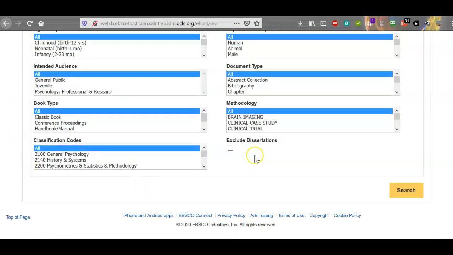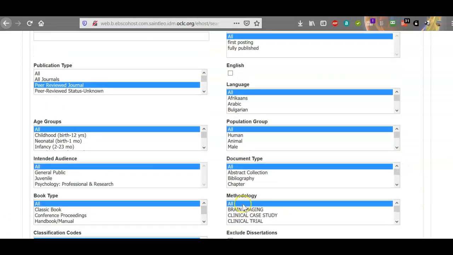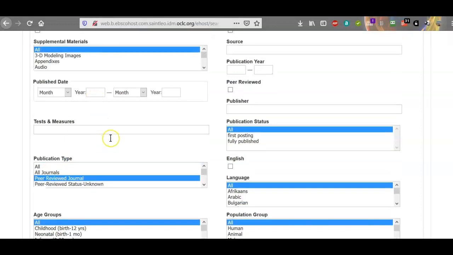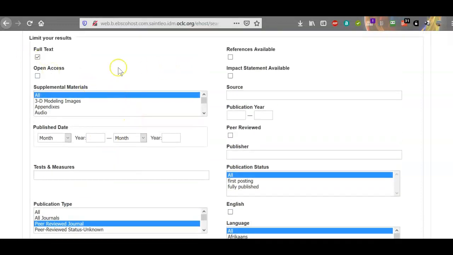And sorry, but we're going to have to exclude dissertations too, because those really aren't peer-reviewed articles, even though they're often very good. So we've got all those things. We've got excluded dissertations, going to do peer-reviewed journals, not open access, full text,